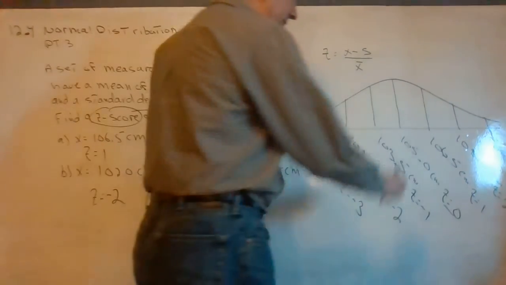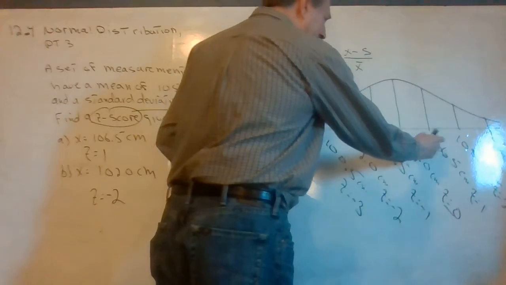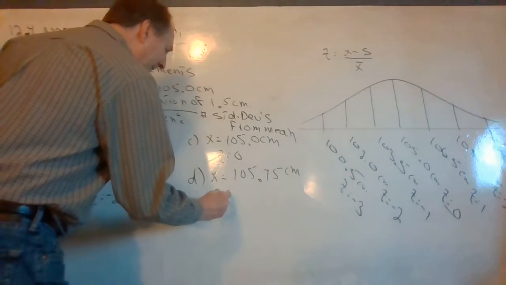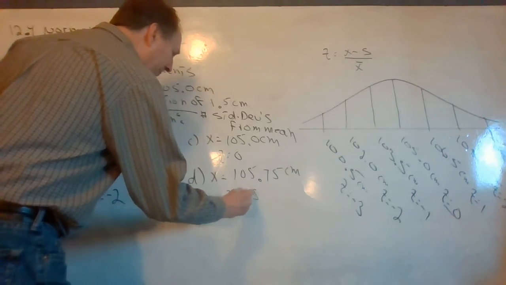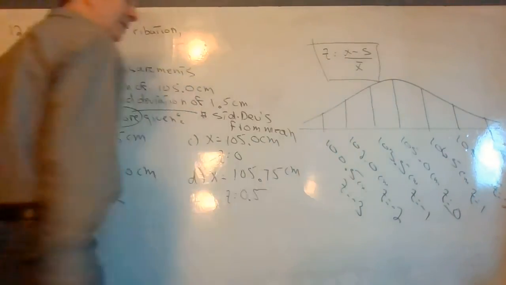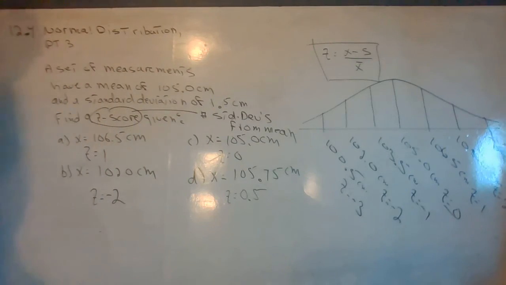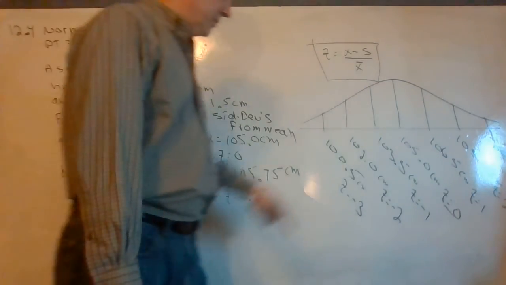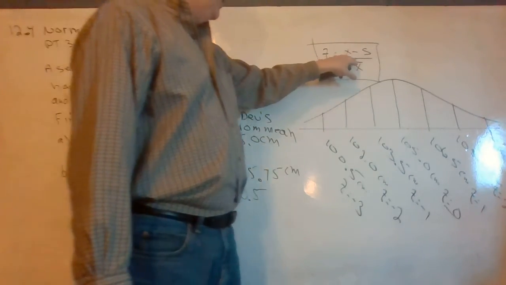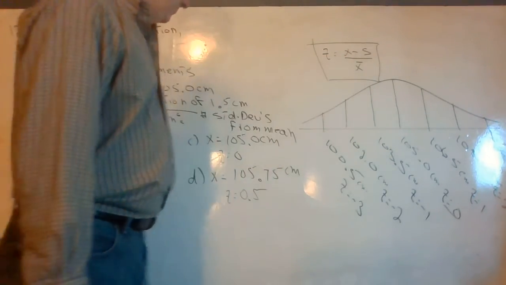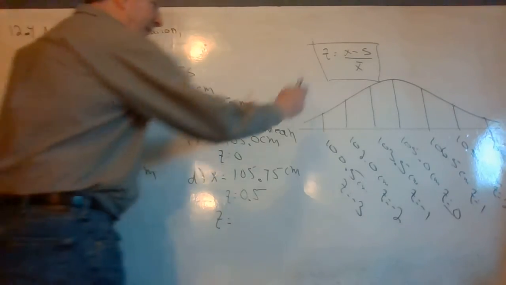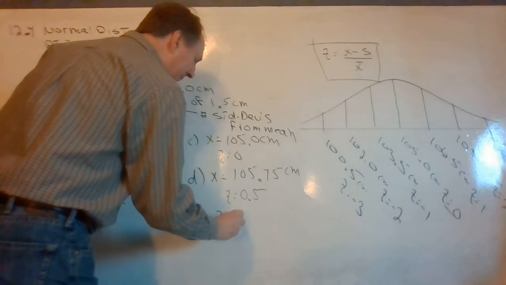105.75, well, you may see you're halfway between here and here, halfway between 0 and 1. Z equals 0.5, but it's very complicated, this is what's called interpolation. You can actually use this formula, z equals x minus x bar over s. Let's test that out. X is the score,